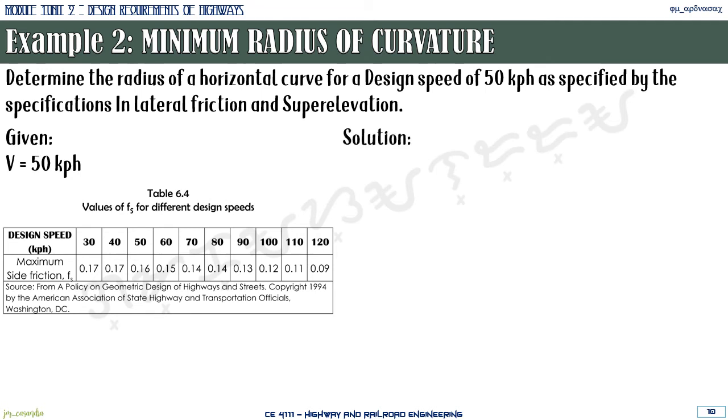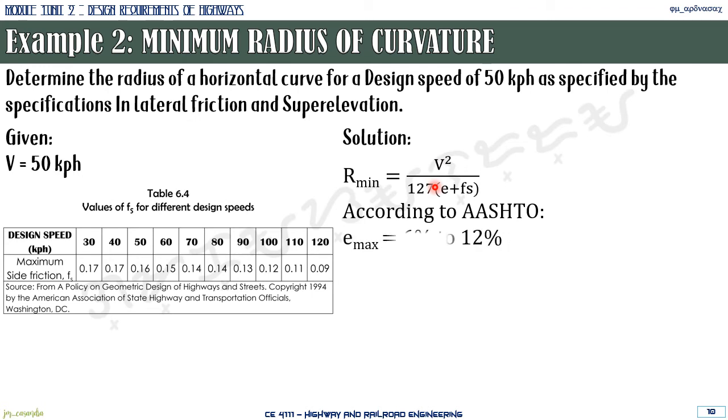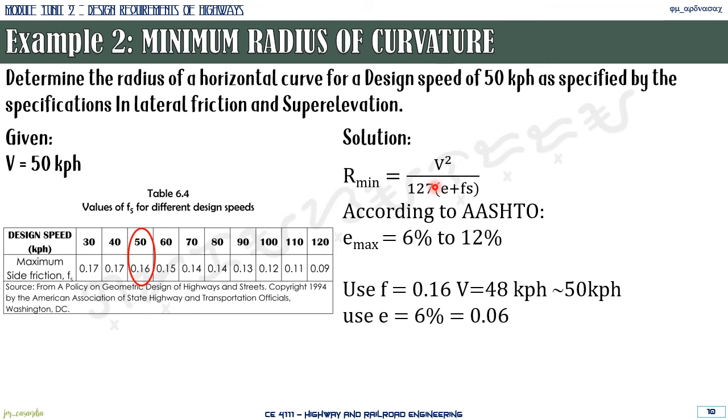So for our solution, we know that the equation for the minimum radius is equal to V squared all over 127 times (e plus fs). For fs, we can get it from table 6.4, while the value of e will be taken from AASHTO recommendations, which gives us that the maximum e ranges from 6% to 12%. So in this manner, we'll now be using